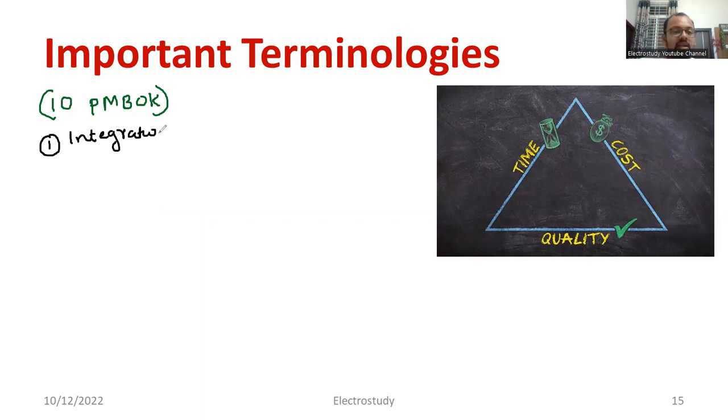What is the term integration? The term integration is nothing but coordination. Correct, no? Coordination of different activities. For proper coordination, what do you require? You require communication. You can note this down: integration is nothing but the combination of coordination and communication. Without proper communication, no department runs smoothly. If you want to do an activity, obviously communication is a must, and coordination among the employees is also needed. I think you got my point.